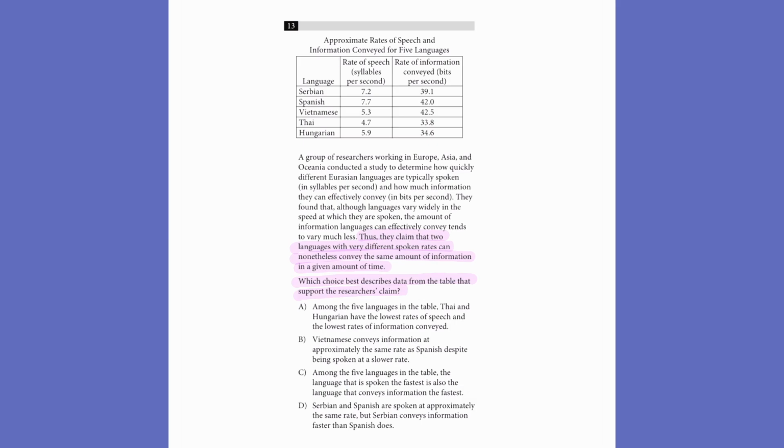So in this table, we have the rate of speech and the rate of information conveyed. And if we read our answer choices, we'll know that we don't even have to really read this table, because the only answer choice that addresses the claim is choice B. Vietnamese conveys information at approximately the same rate as Spanish, despite being spoken at a slower rate. We see that this is true based on the data in the table, which is always a good check, but none of our other answer choices backs up the claim that different languages with different spoken rates can convey the